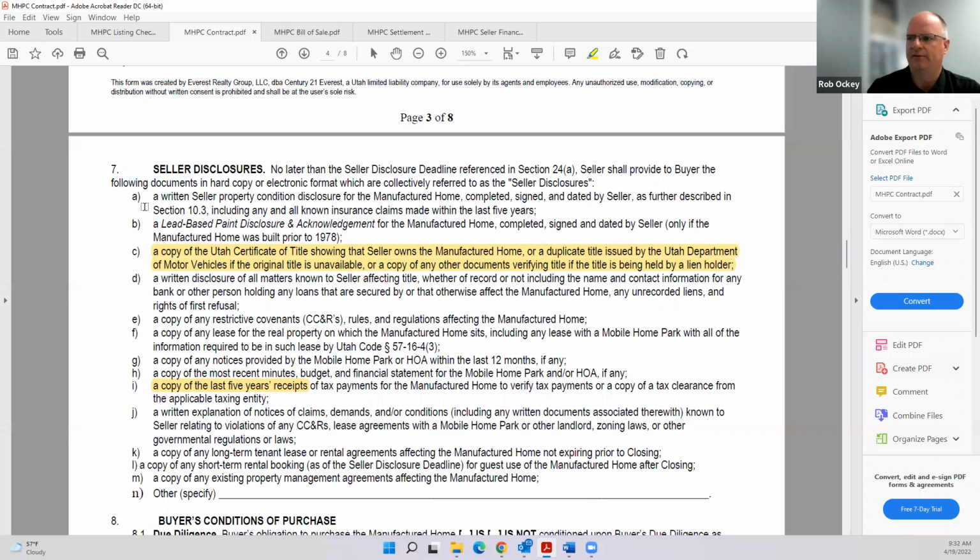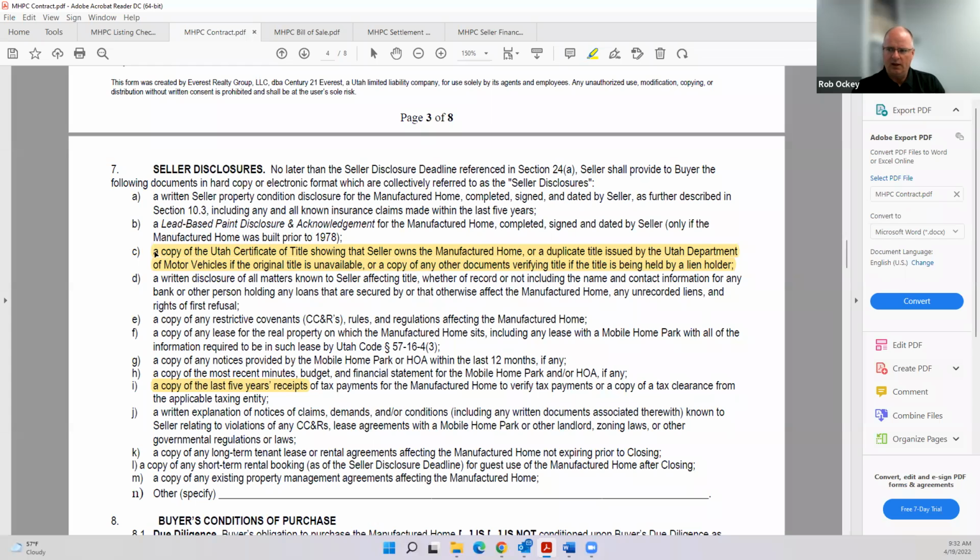Seller's disclosures here. Again, we're going to just use the same property condition disclosures that are on the MLS. We don't have anything different, but just know that there are going to be things on those seller's disclosures that may not apply directly to this mobile home, but still fill those out. If the mobile home was built before 1978, it still has a lead-based paint requirement that you'd want to disclose. So the same